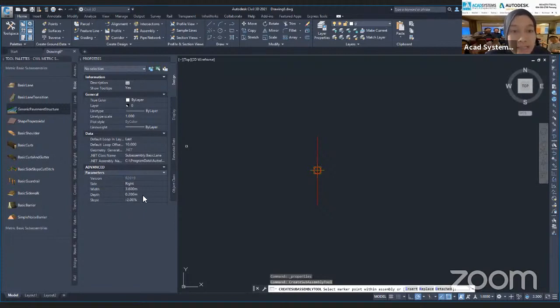There are a few things that we need to change. For instance here, we have this side, meaning that we are going to create the basic lane on the right side. If you change this one into the left side, the basic lane will be created on the left side. But now let me just show on the right side, and then the width, meaning the width of the road. Let's just leave it as 3.6 meter, and the depth here, let's change it